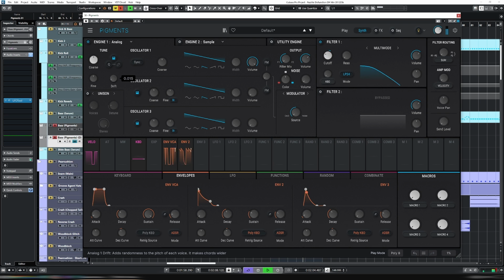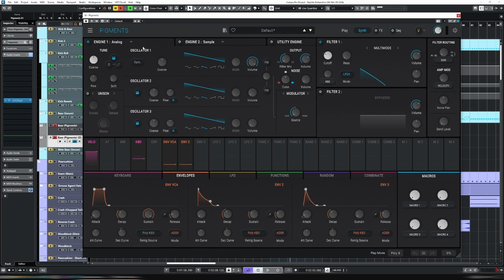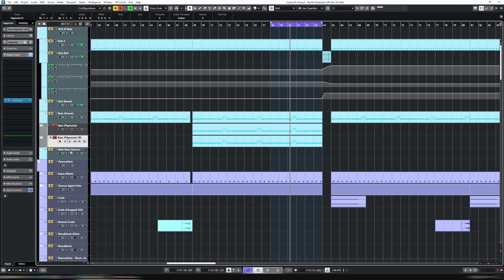If we turn the drift up, you'll hear it get more and more prominent. So what that means is, despite having drift all the way down to 0, there is still some analogness, if you like, or variability in these oscillators. And as I said, we don't want that. So that means that the analog engine, for this case anyway, is out of the equation. We're not going to